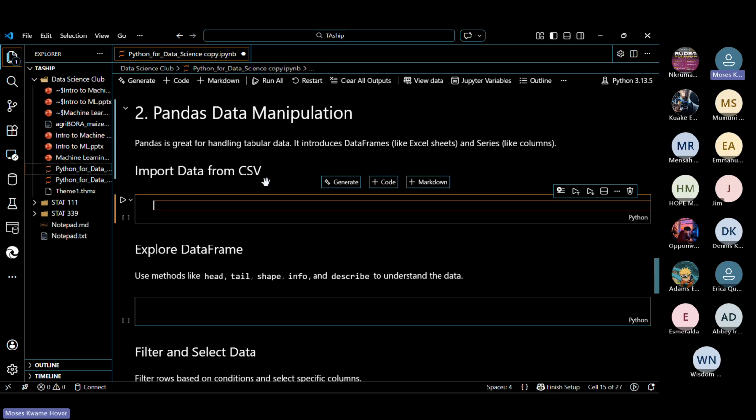The columns can be maybe the age of the student, their name, course titles, GPAs. So the columns are the variables, and then you have the rows. The rows are the observations. One row can be the observation of one person. So if the column is a name, the row is going to hold that person's name, age, GPA, course title, and all that.